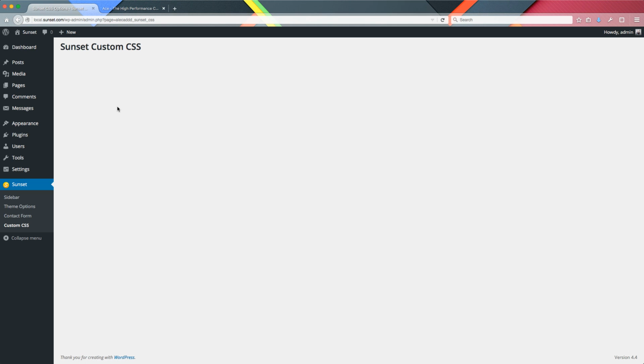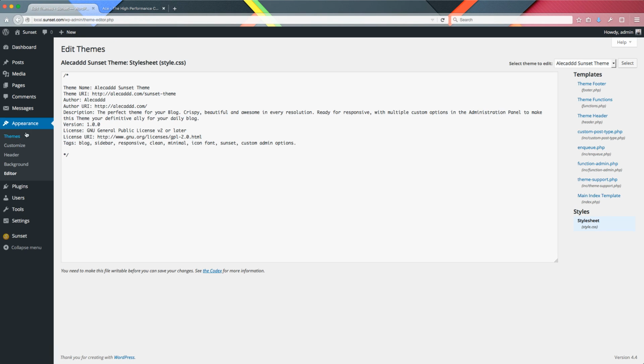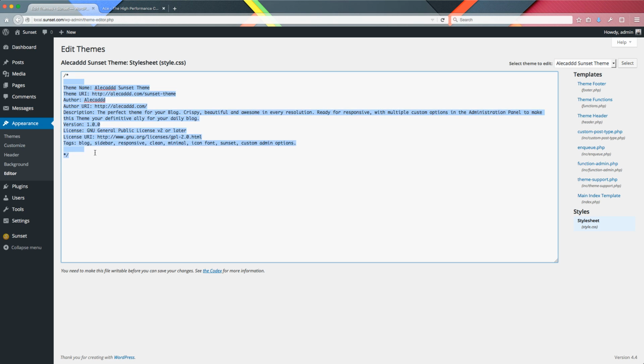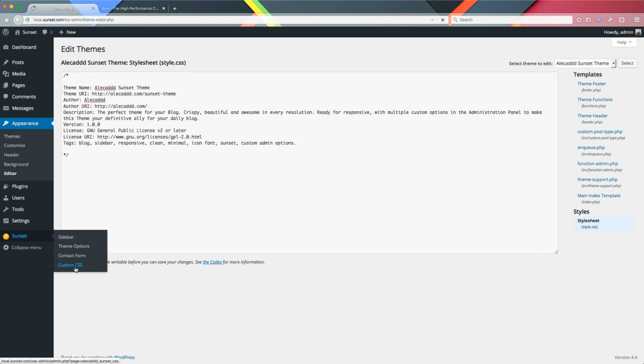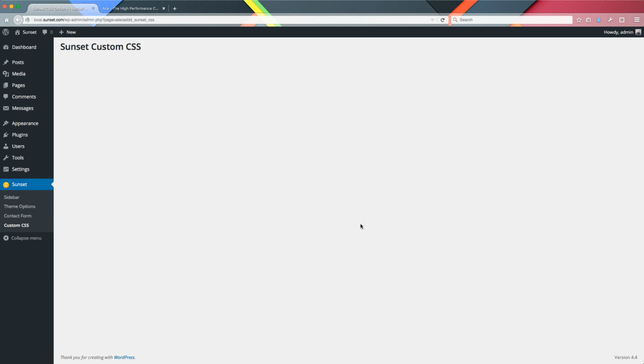So pretty much every theme has a custom CSS section. Also, by default, WordPress in the Appearance menu, in the submenu Editor, has a custom CSS section. My goal is to create a custom CSS area with a nice text area that simulates a standard IDE, like Sublime Text or Brackets or Coda, the same IDE that I'm using,